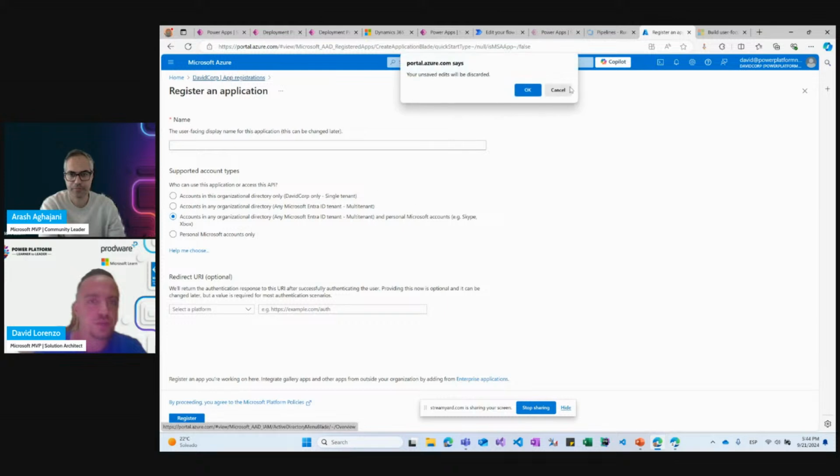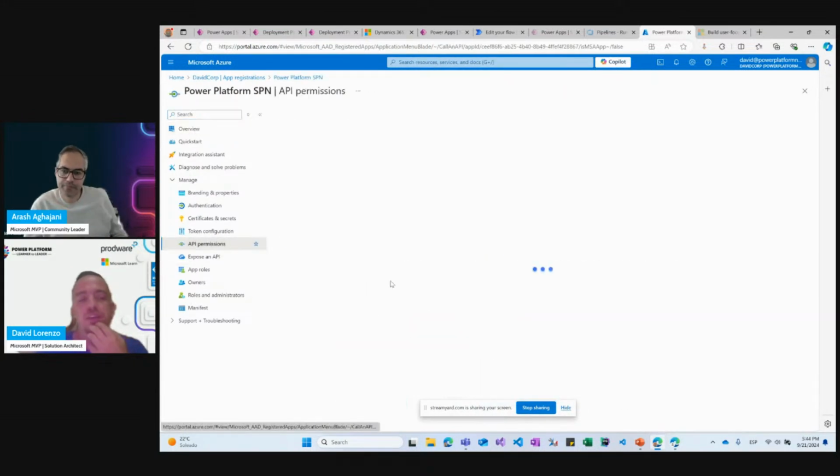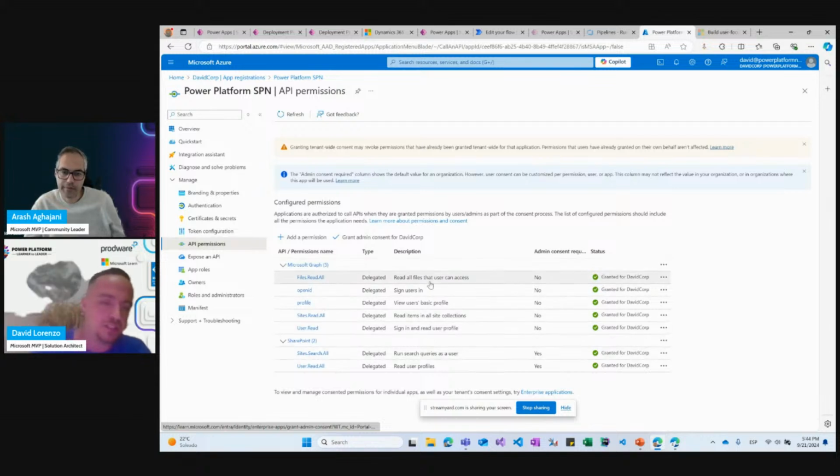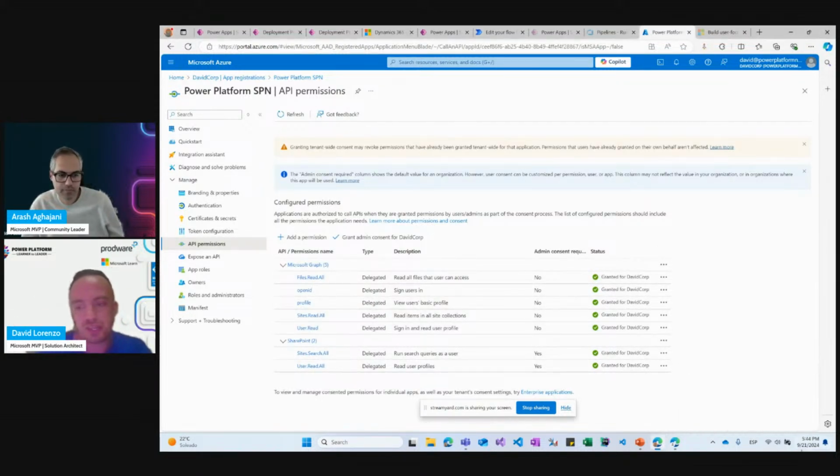Okay, so when we register the application, we only have to give API permissions. In this case, these are more permissions than we need. So we don't need all these permissions. We only need the OpenID and profile permission. This is because I also use this service principal for other things.